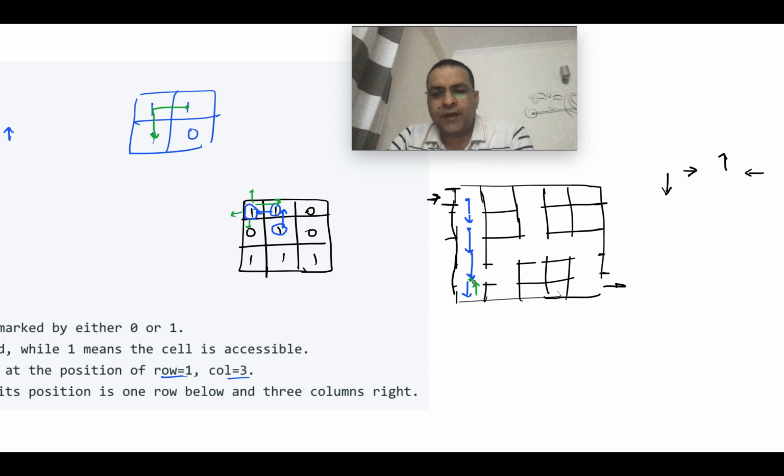Now we have already tried one path. We should be trying the next path. Next path is going toward the right hand side. So let's say even this is empty, then we try moving right side. So on the right side we have three options. Either we can go up or we can go down or we can go right. So first we go down.